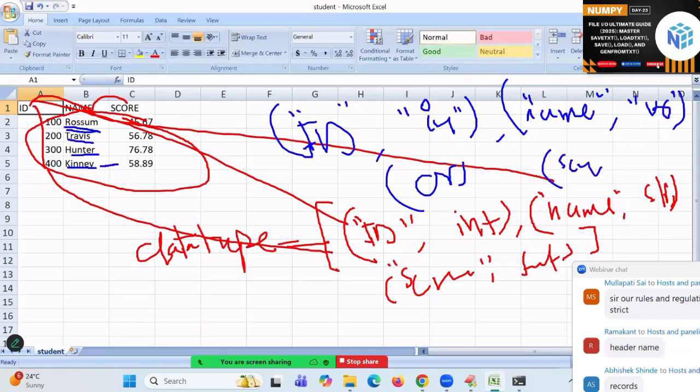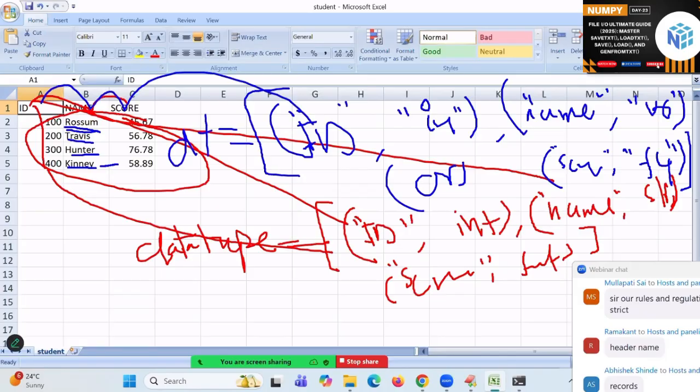Next, score. Score is one more column. I will write it as F4. What is F4? Internal data type of float. You know, float 16, float 32, float 64, etc. Important, that is all called. This is going to be called DT of my CSV file column data.